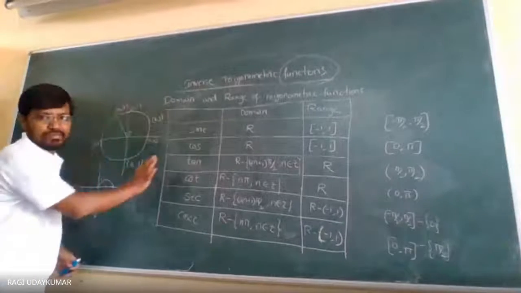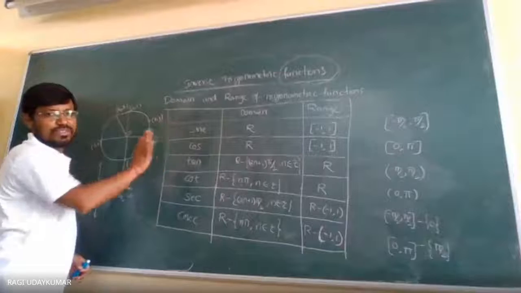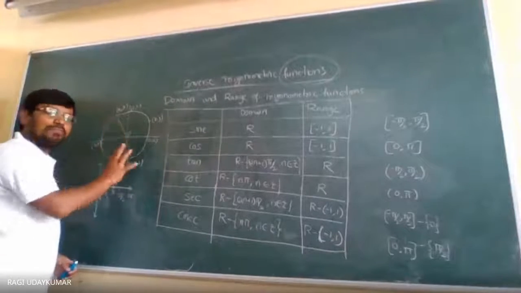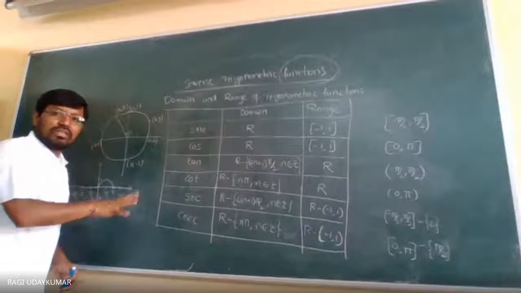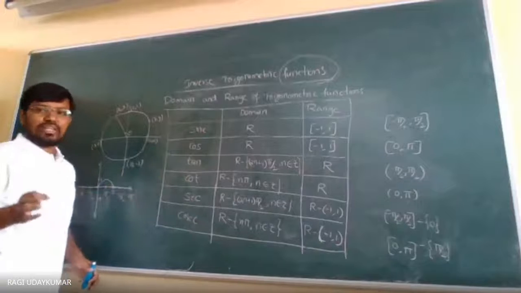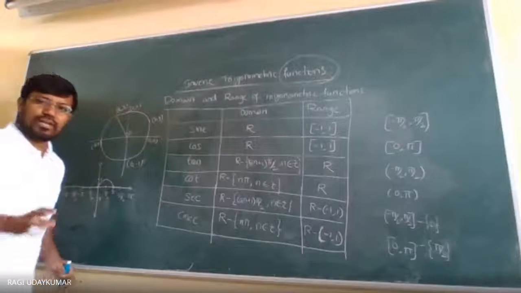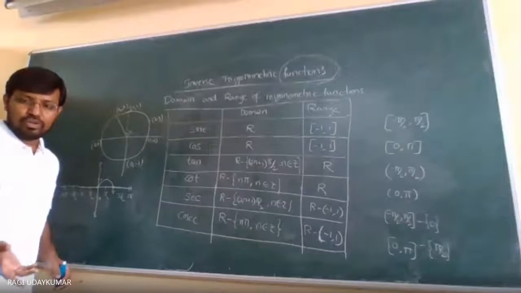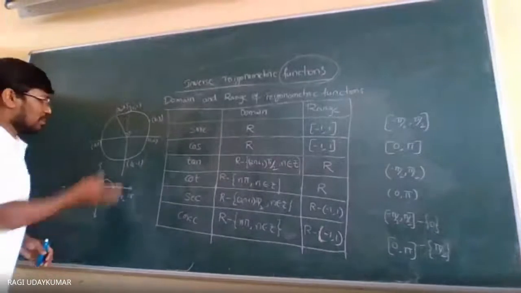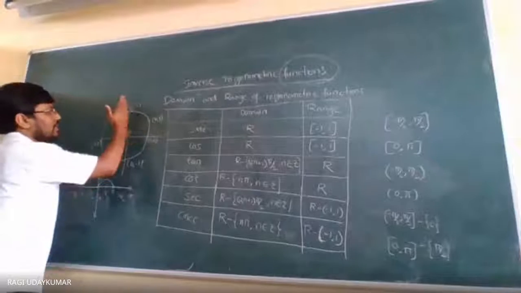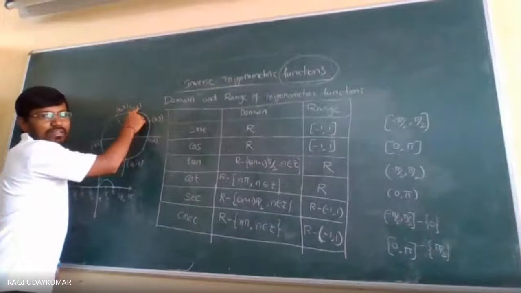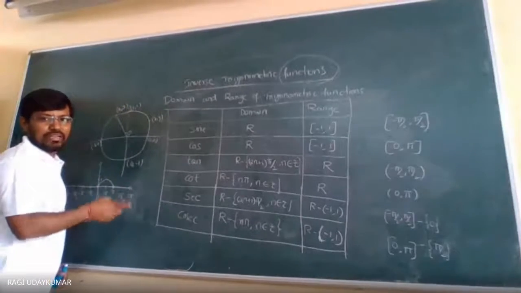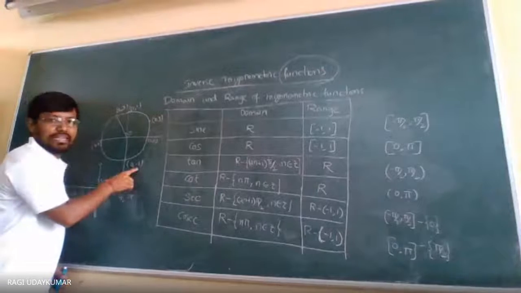This is the main system, the coordinate circular system. If you draw it, within a fraction of seconds you can give the answer to any trigonometric function related question or any trigonometric value. Suppose I ask sine 90 degrees, you can see that here it is 1. If I ask sine 270 degrees, no need to worry, here it is.